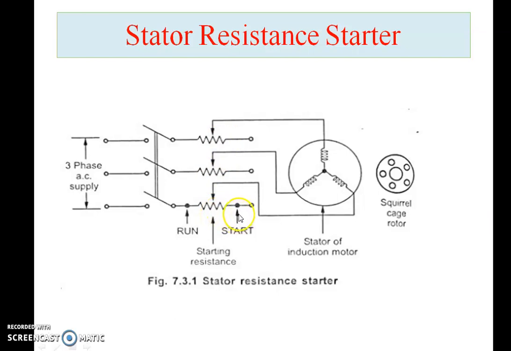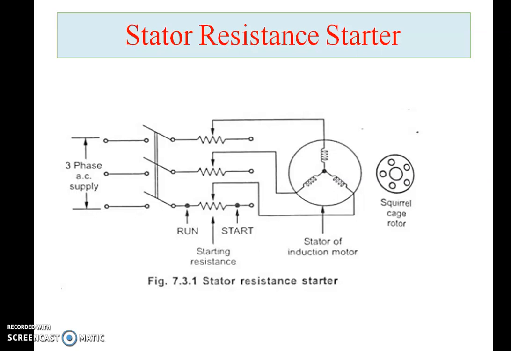Now once the current is reduced, again we will connect this stator winding to the run position, because once flux is created here, then it will create the RMF, that is the rotating magnetic field, and accordingly the rotor current will flow and the rotor will move. Okay, in that case, during that process the slip will decrease, and hence it will go in opposition to the supply voltage and the current will be controlled.